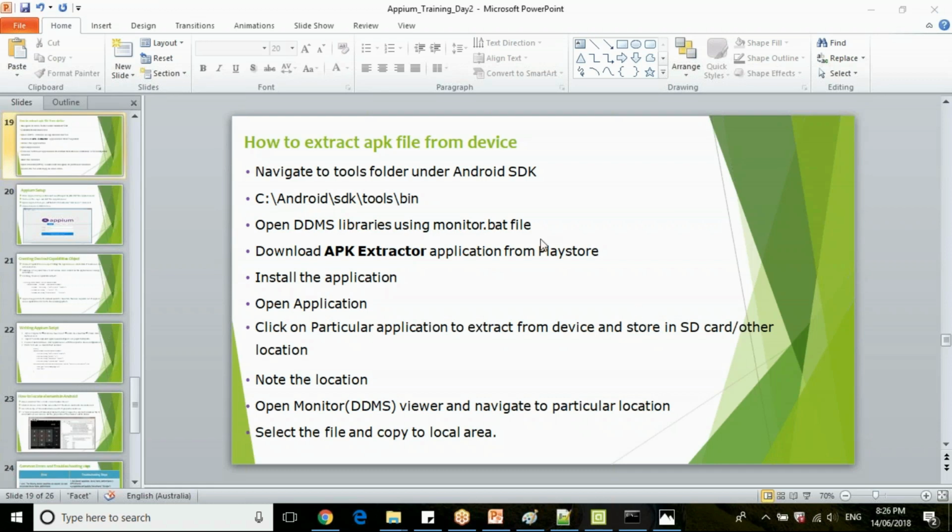So I recommend you to download Android SDK, set up the path for ADB, and